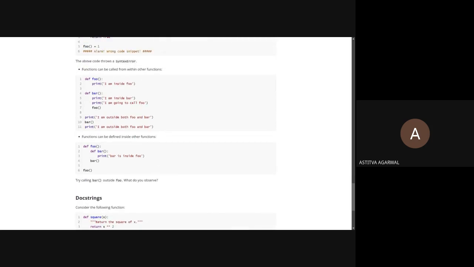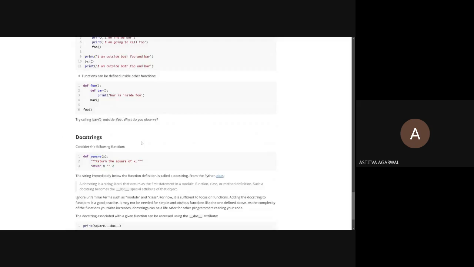Okay, so I think quiz 1 or quiz 2 or the end term will have this type of questions where you will need to know how these functions work, and which function or which print statement will work first or second. So I think some questions will be related to this only. Okay, then next,